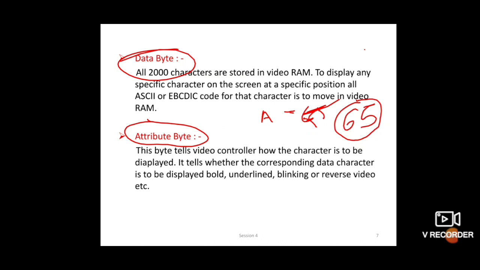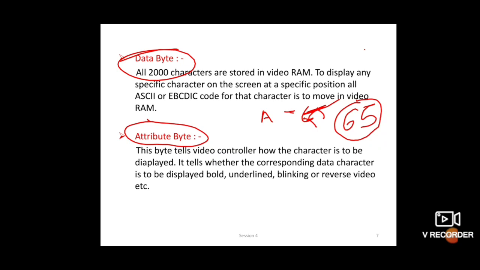Understood, student? What is a device driver? A device driver is a software program. Each device should have a separate program or separate CD. You install that CD, and then you can do any type of work through this device driver. Where is it stored? That program is installed in the program files.